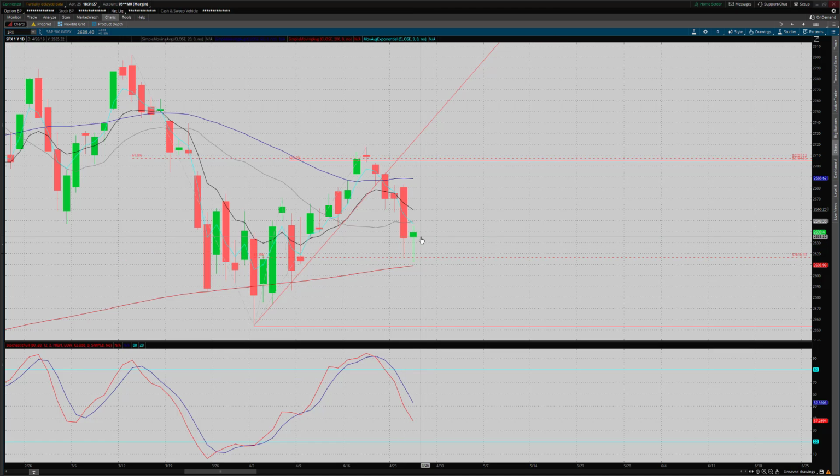And as of today's close, we sort of put in a bullish hammer. So that's illustrated by this very long lower shadow and then this small real body. And again, it just graphically kind of looks like a long-handled hammer with a hammerhead. So that is a bullish reversal candlestick signal, although I wouldn't put too much weight in it yet. Okay, we are still on a closing basis below the 3T line and the T line, so nothing too exciting just yet from a